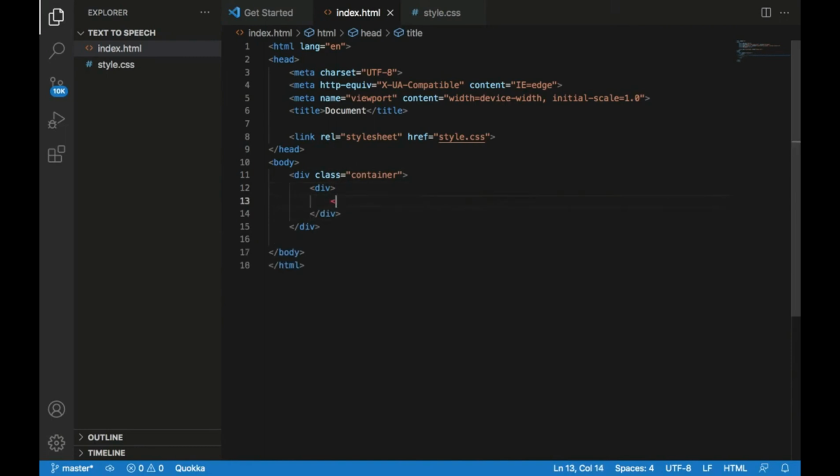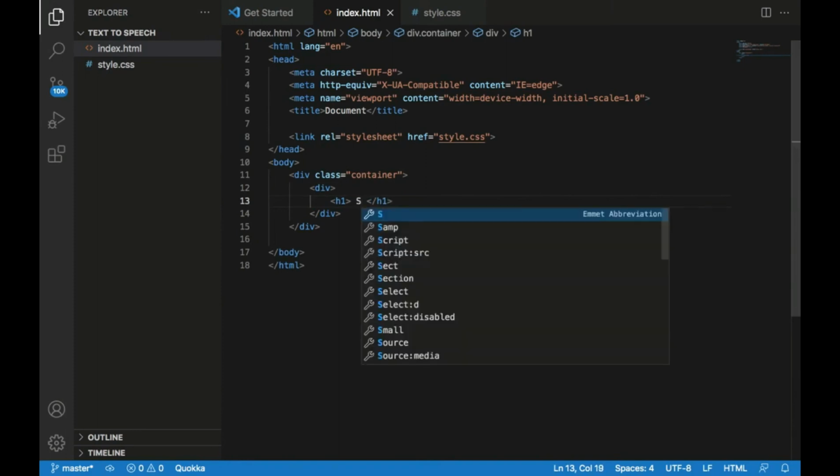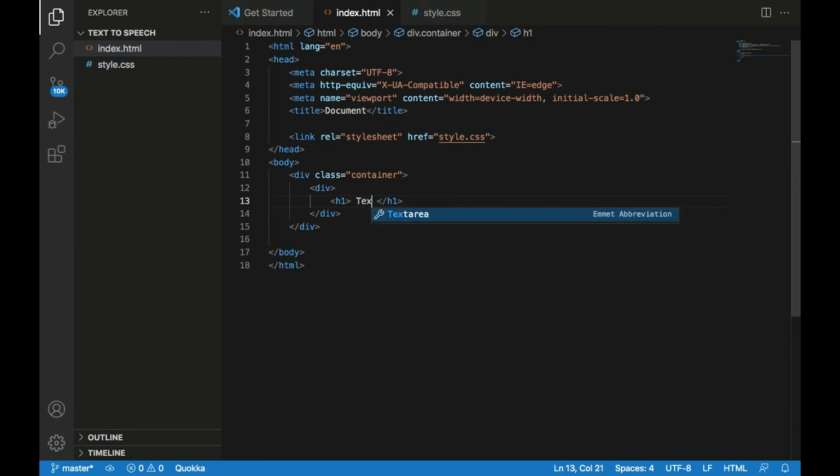Let's say this is an H1. We can say, let's say, text to speech,